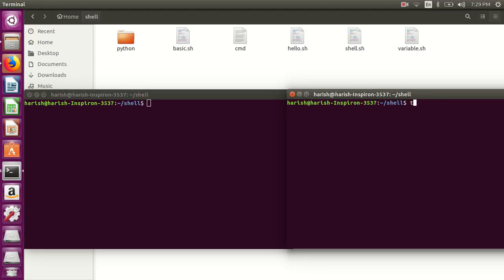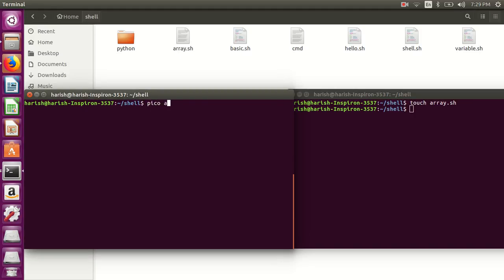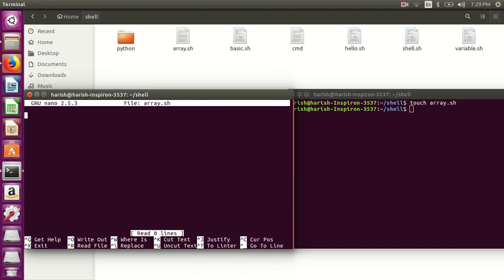Again I'll create one file, that is array.sh. Now an empty file has been created, this array.sh. So pico array.sh. Now again the same thing, shebang and bash. Now see here, we can declare the array using declare